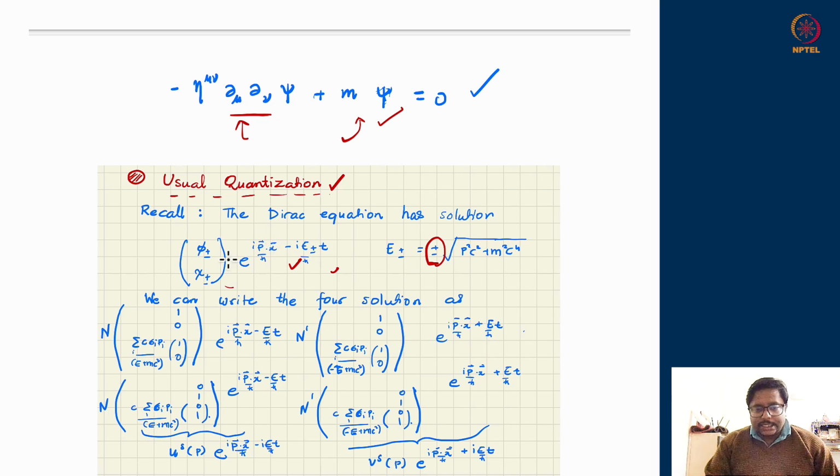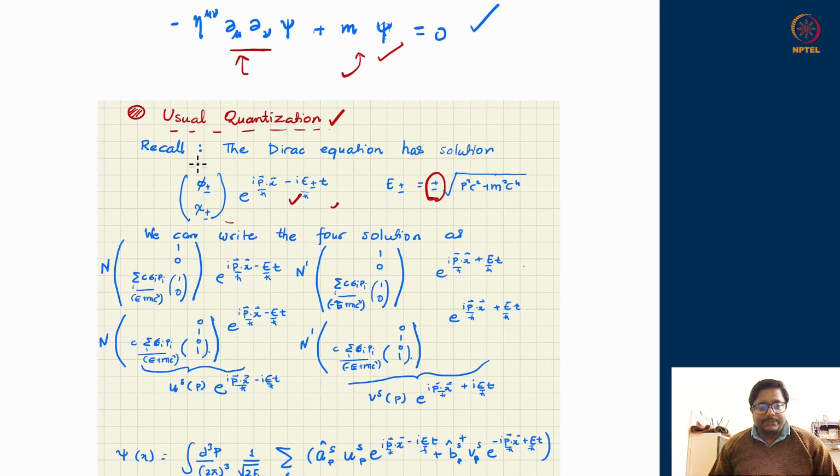Now, this part, which is the spinor part, is the new feature which has arrived, because this is not a scalar field. The scalar field part was this much. Since it is not a scalar field, a new part in terms of a 4 cross 1 dimensional column vector has appeared. And we know that, in order to satisfy the Dirac equation, this column vector has to maintain a particular structure.